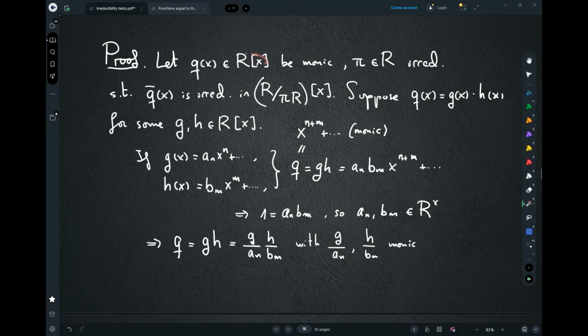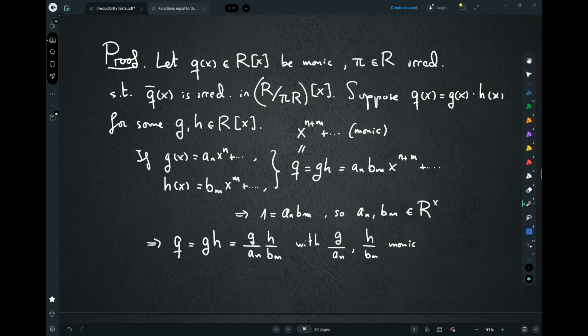Let q of x be monic over the ring R, and let pi be an irreducible element for the ring R. Let q bar be the reduction in the quotient R modulo pi, and suppose that the reduction q bar is irreducible over this new ring. Then suppose that q itself has a factorization. Okay, so suppose we do have a factorization of q over R